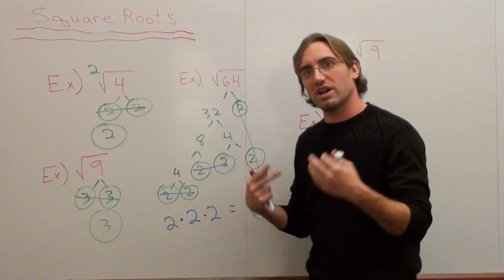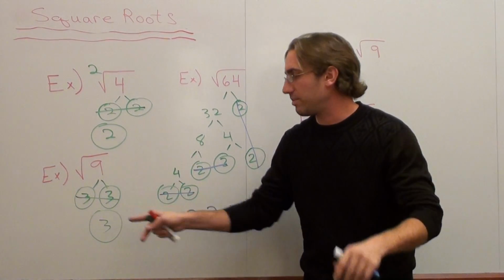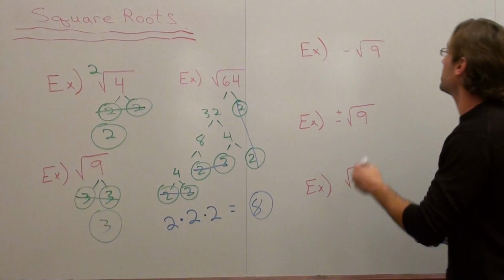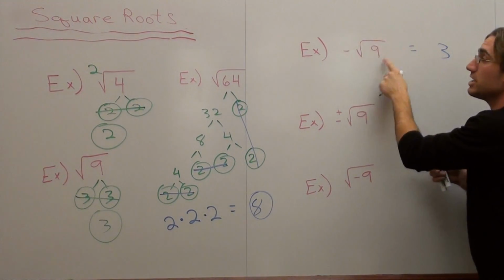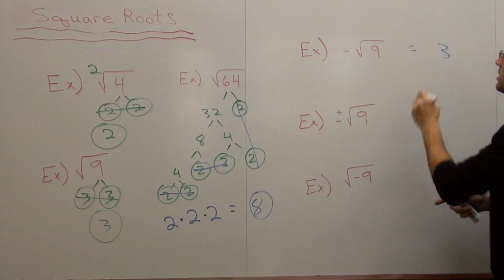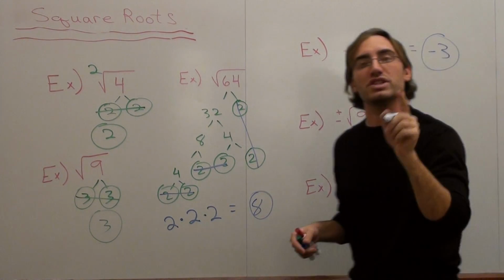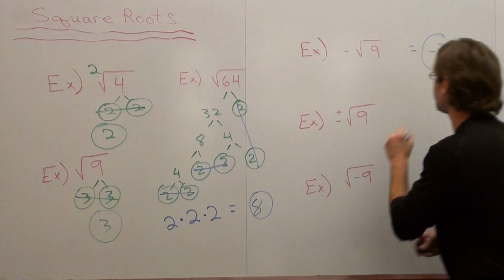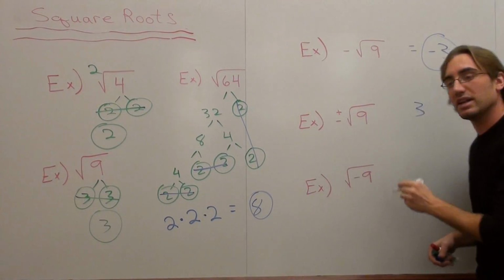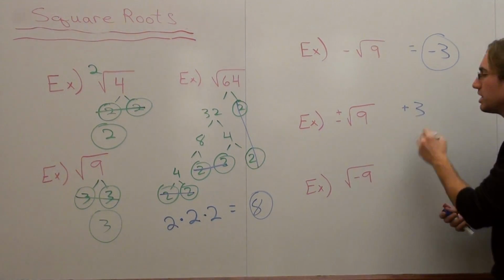So we're going to assume that everybody knows the answer is 3, which is fine, because I already wrote it here. So this answer is 3. No, it's not. The square root of 9 is 3, but then there's a negative out in front. So the answer is negative 3. The square root of 9 is 3, but there's a positive negative out in front. So it's plus 3